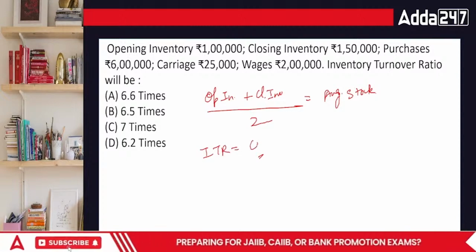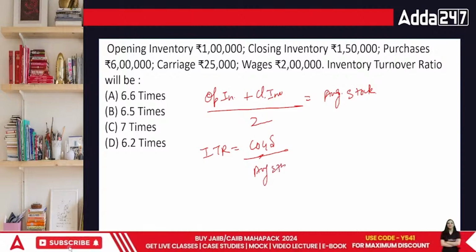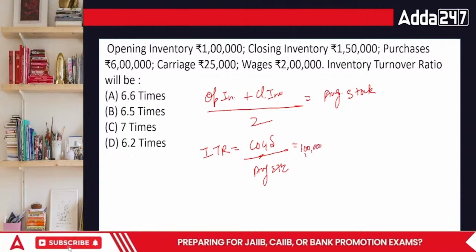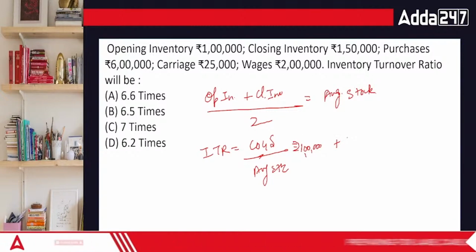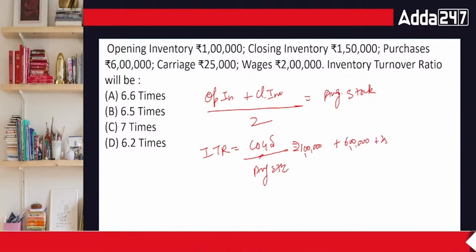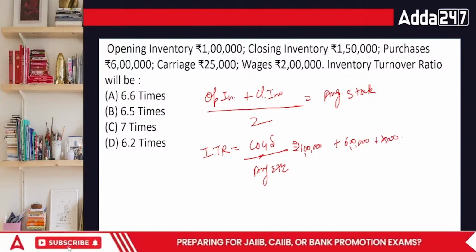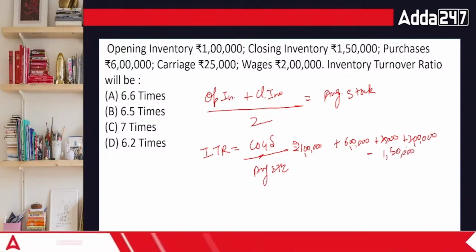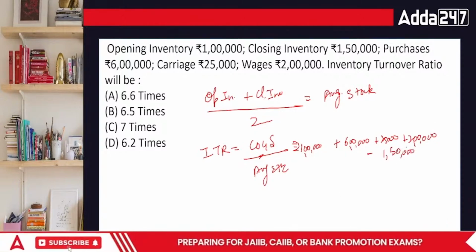And now I'm looking forward towards my ITR as well. ITR is basically COGS upon average stock. Average stock can be calculated. How to calculate COGS, everyone? Opening inventory plus the purchases made during the year plus wages plus carriage minus the closing stock. It comes out to be a total of 1 lakh